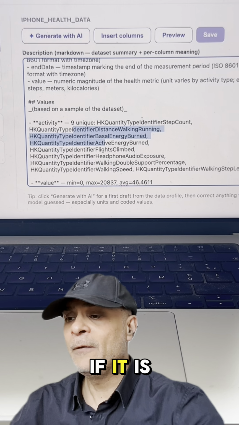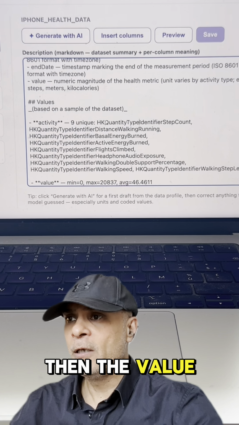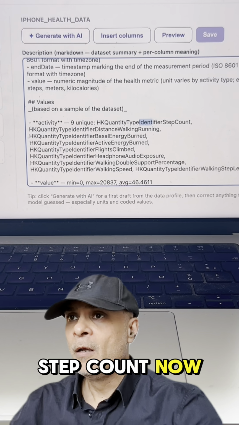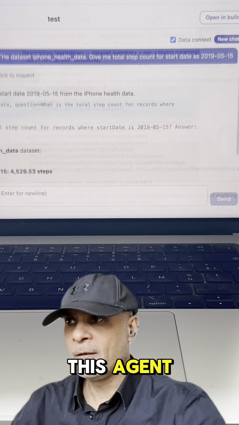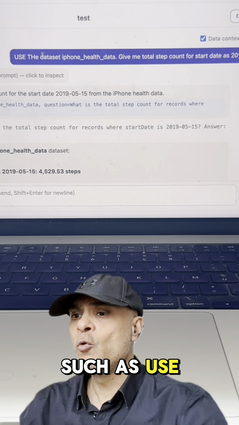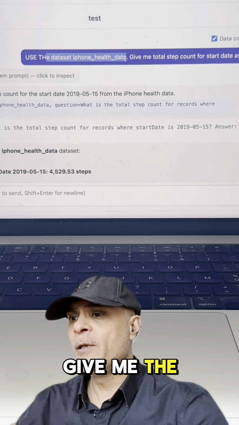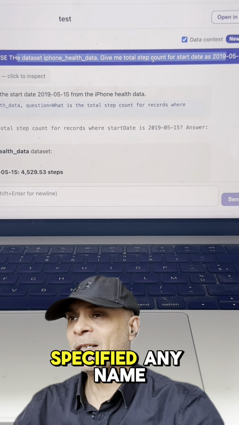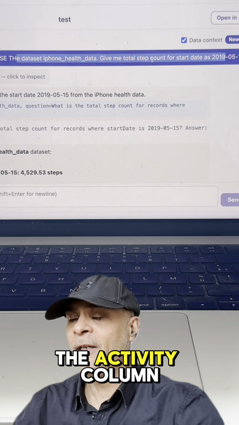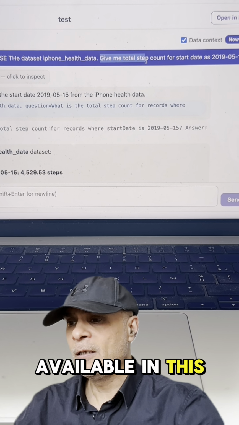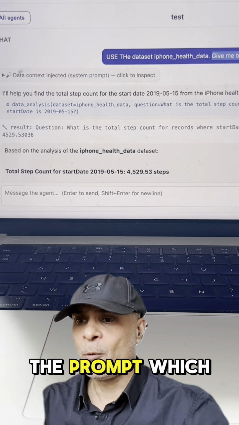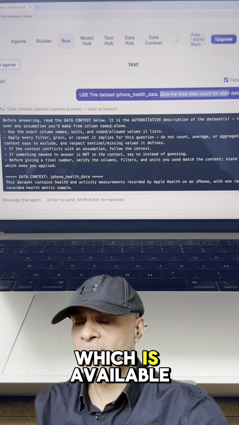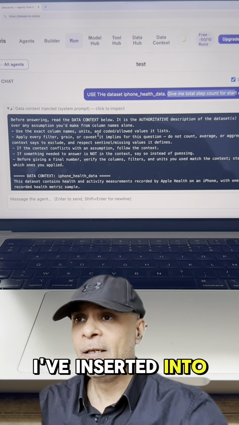So for example, if it is step count, then the value inside the column will be HK quantity type identifier step count. Now what you can do is, when you are running this agent and you give a prompt such as "use the data set iPhone health and give me the total step count for this particular date," you can see here that in this particular query I have not specified any name of the column. The activity column itself is not available in this particular prompt, but thanks to the context which I have inserted into the prompt,